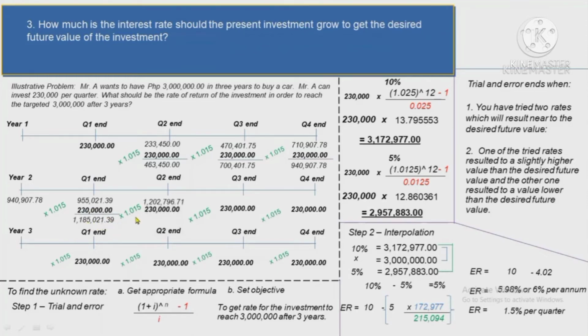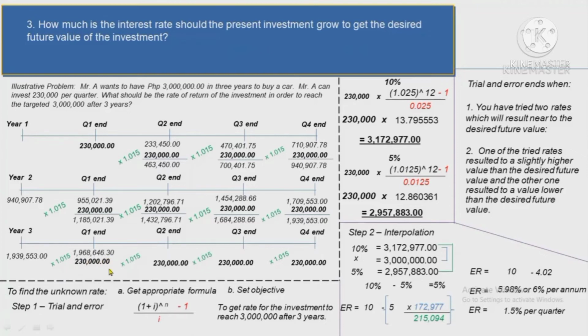1,185,021.39 times 1.015, 1,202,796.71 plus 230,000, we have 1,432,796.71, and then again multiply it with 1.015, we have 1.54 plus 230,000, we have 1,684,288.66. You continue multiplying, and then you're gonna get at the end of the second year 1,939,553. On the year 3, we have 1,939,553 from the end of year 2 times 1.015, you're gonna get